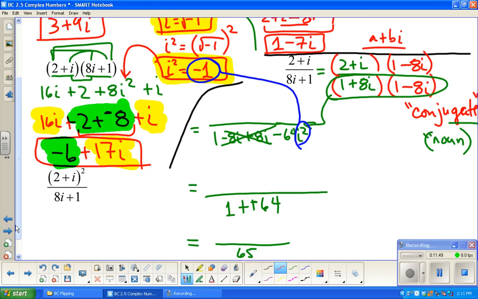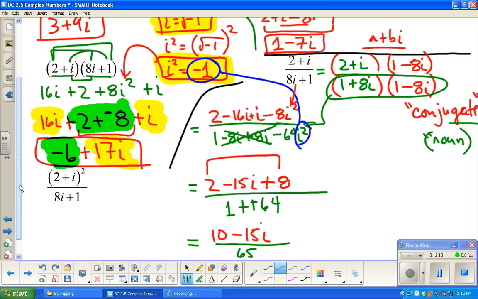Okay, in the numerator, I still need to distribute. So I have 2 times 1 is 2, outer is going to be negative 16i, inner is going to be i, and then it's going to be minus 8i squared. So this is really 2 minus 15i, and just a reminder that that i squared is negative 1, so this becomes minus a negative 8, or in other words plus 8. 2 plus 8 is 10,